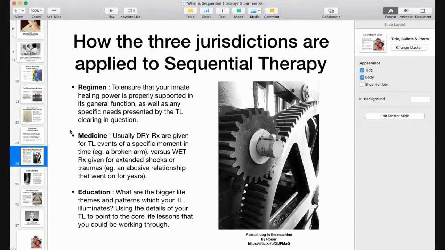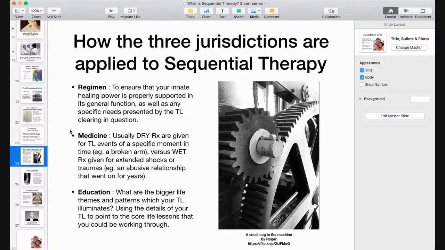on the regimen side of the equation, we want to make sure that your innate healing power is properly supported in its general function, as well as any specific needs presented by the timeline clearing in question. And to extend the idea of that point a little bit, it may even be the case,